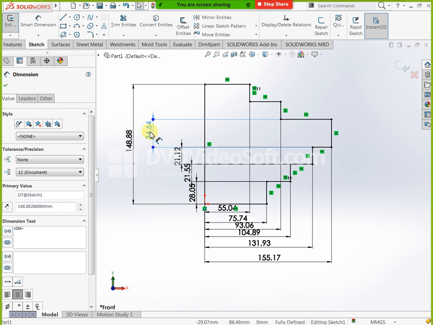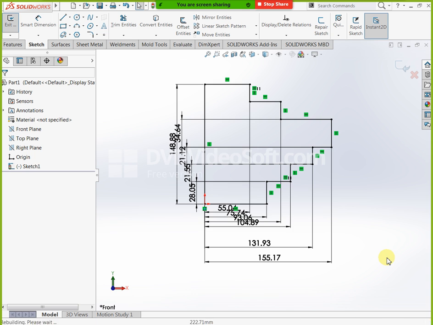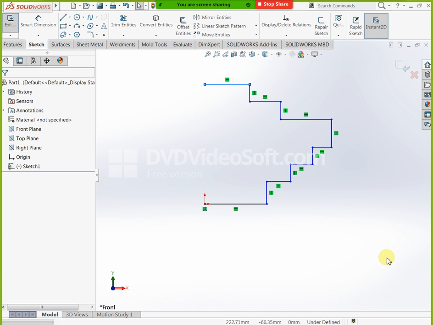I don't need chain of dimension, I need another dimension. See now, select this profile again and go to fully defined sketch. Here we have chain of dimension, which we already completed, and ordinate dimension. Ordinate dimension means depending upon the zero, we mention our dimensions.